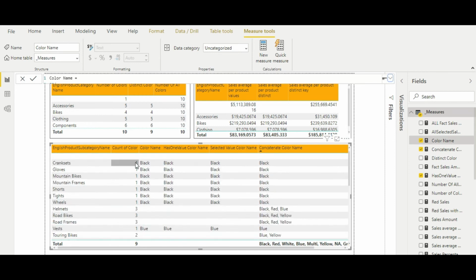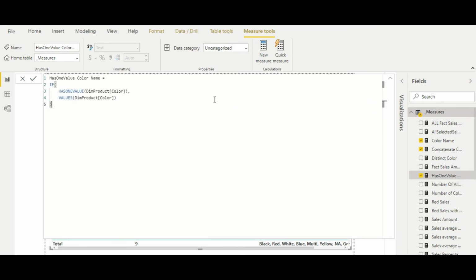Now let us come to this measure which is has one value. This is another command. You can say this is a shortcut to what we have done. If you just want to check whether a particular column has a single value or not, instead of using the if count rows and values function, you can directly use this function, has one value dim product color, right?